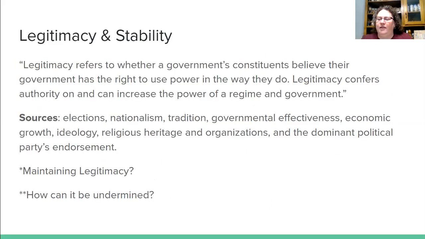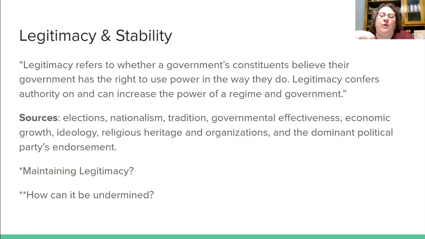All right, so the last part that we have in Unit 1 is legitimacy and stability, okay? We often were getting the words legitimacy and authority mixed up. So remember that authority or sovereignty is your right to rule, okay? It's the authority for your government to be in power, their right to have their power. Now, is that a legitimate source of power? Do we recognize that as a legitimate source of authority? That's where legitimacy comes in.